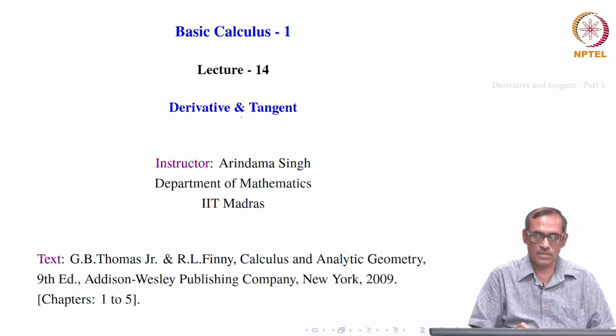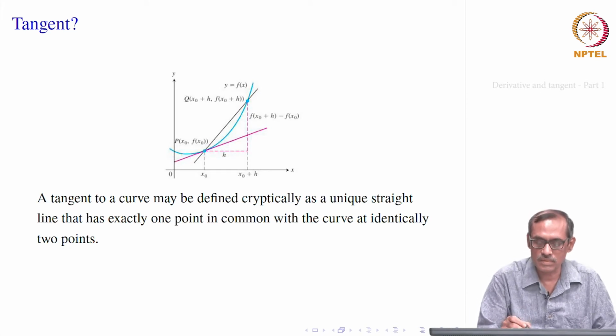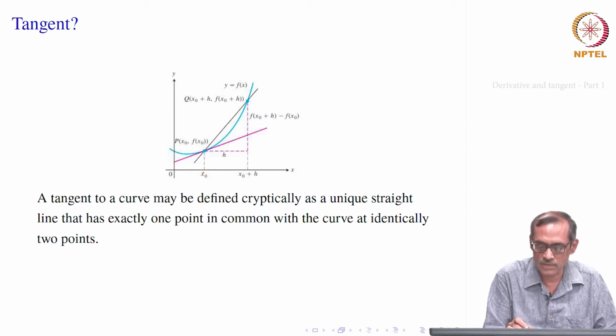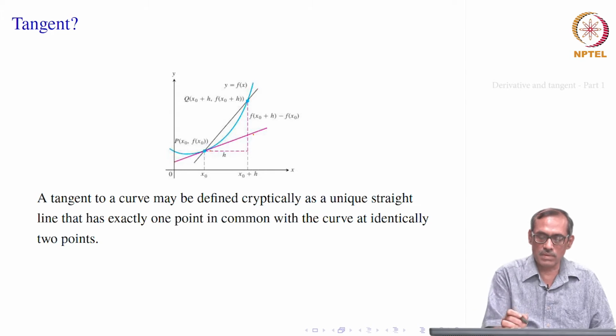tangent. So, first we will discuss what we mean by a tangent to a curve. Let us say the curve which is in blue here is our curve, and we consider a point, say x0 on the x axis, corresponding to which we have a point on the curve which we write as P, with coordinates x0 and f of x0. At that point we feel that this pink straight line is the tangent to the curve. So, intuitively it is a unique straight line which touches the curve at that point. That is what we intuitively feel a tangent should be.